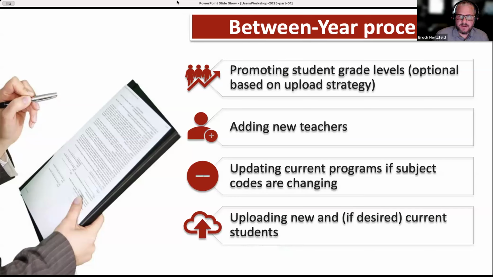That can be done in the interface where you'd go in and select all your students and then select an action to perform on those students, which would be to set their grade level or promote their grade level, which would bump them up one grade, or you could even drop them. That's kind of a manual process and can be prone to errors because you have to specify exactly what students